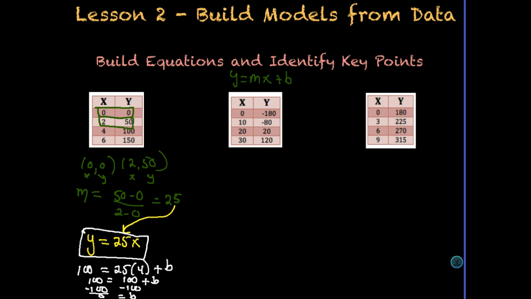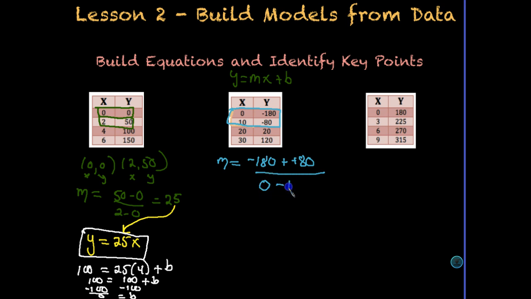Let's go ahead and look at the second equation over here. Same thing. Let's find our slope. So let's pick a couple of points. Why don't we pick the first and the second point again for simplicity's sake? Okay, our slope is going to be change of y. So I have a negative 180 minus a negative 80, all over